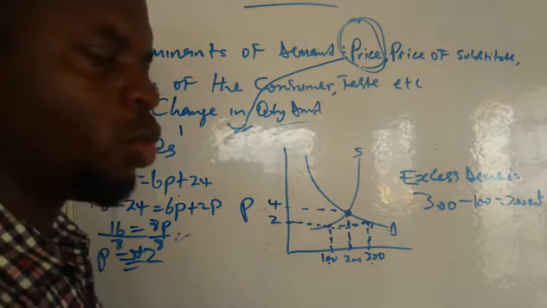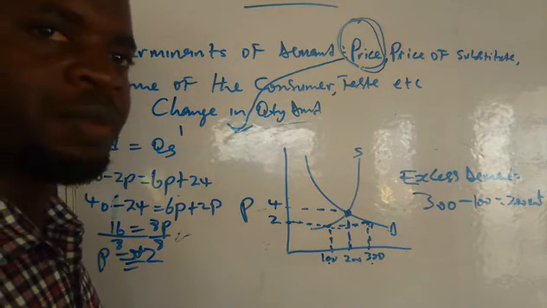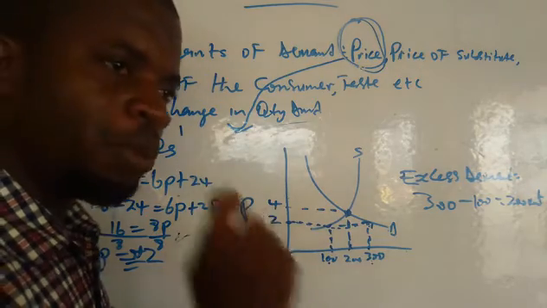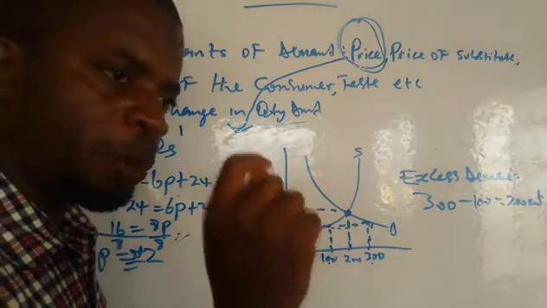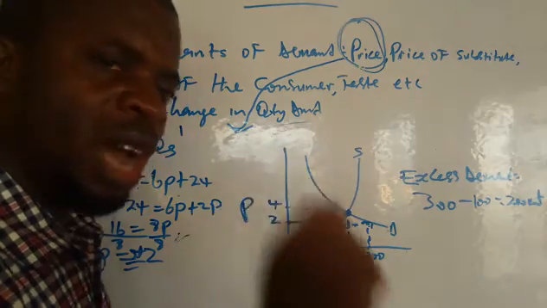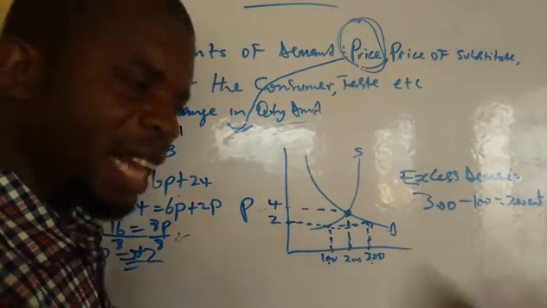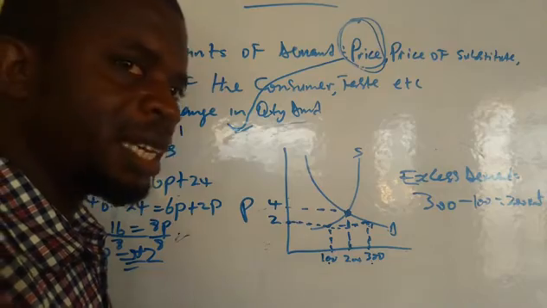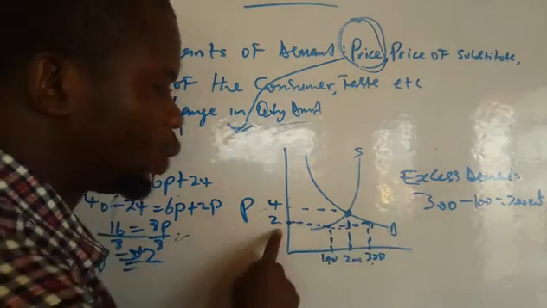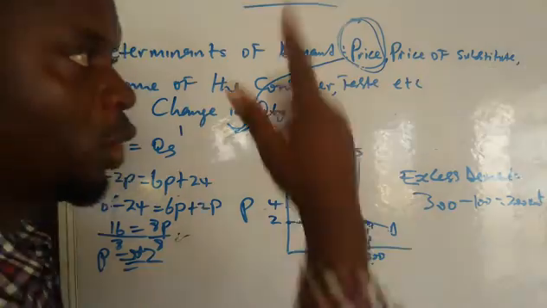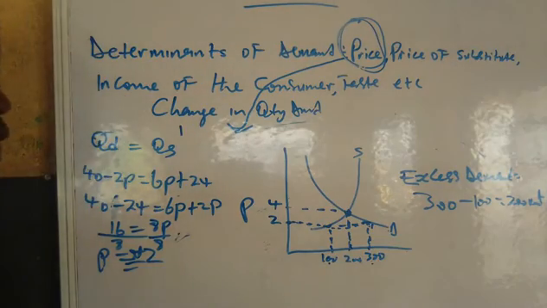So when you are given an equation and you are asked to find excess demand, what you just have to do is to know the price at which you are working, get the quantity demanded at that price, get the quantity supplied at that price, then deduct them as we have done here, then you get your excess demand. Like the equation I gave you,